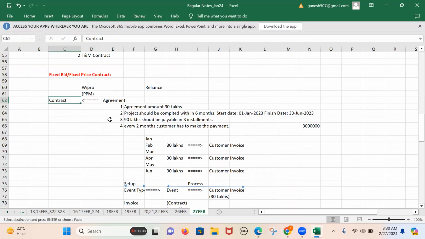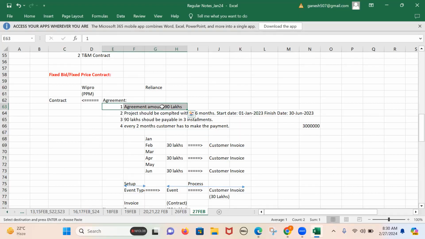In the contract, there are many terms and conditions, like before the project is finished, the customer has to make the payment of 90 lakhs. That means the contract amount which both have agreed is 90 lakhs. That should be payable in 3 equal installments. As the project contract duration is 6 months, that means every 2 months,